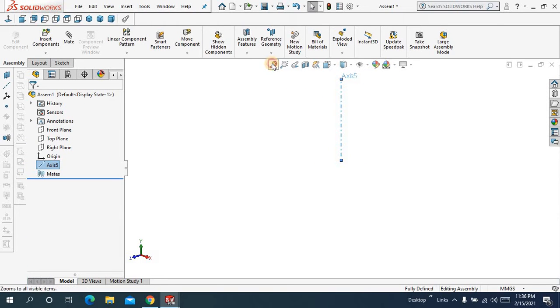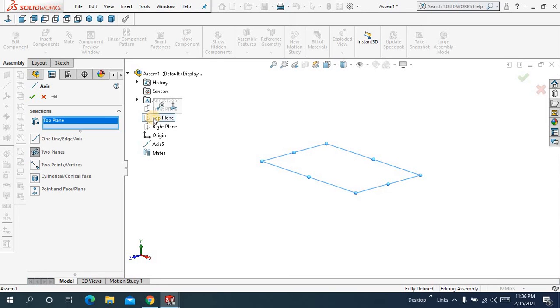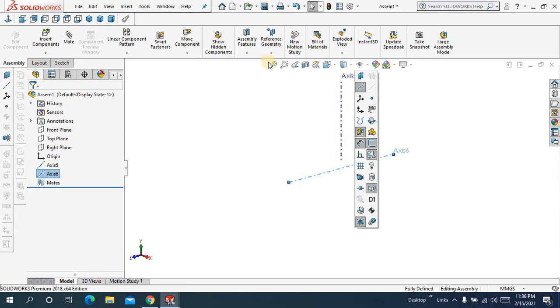Now again I will come to axis, and this time let me choose top plane and right plane and say okay. And let me make all the axes visible.